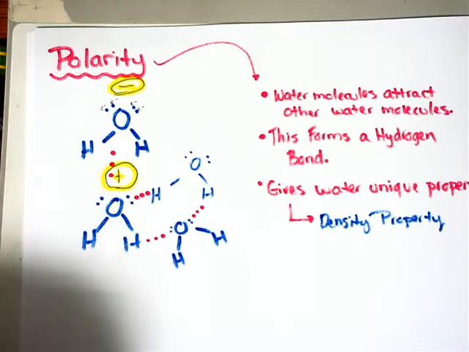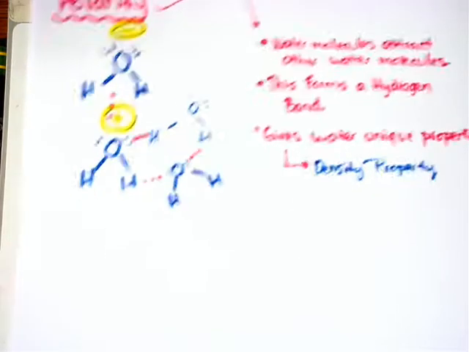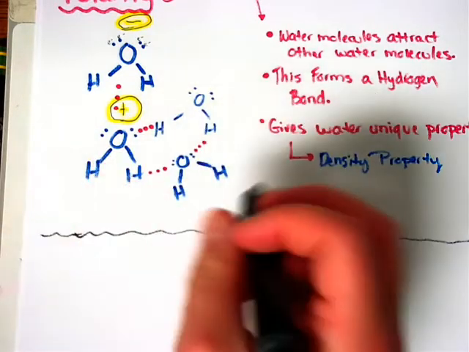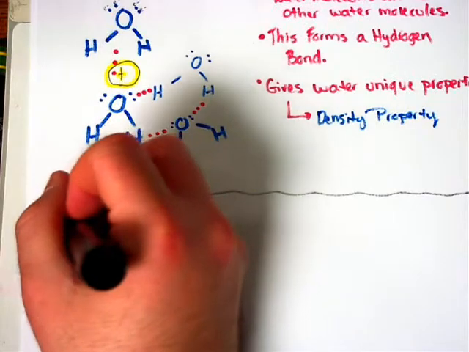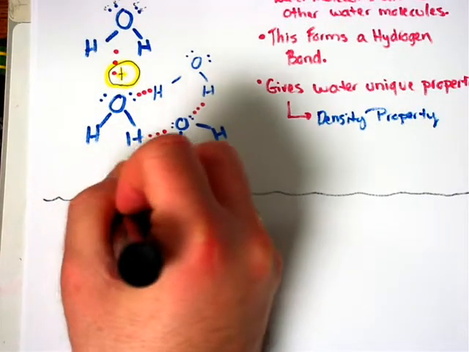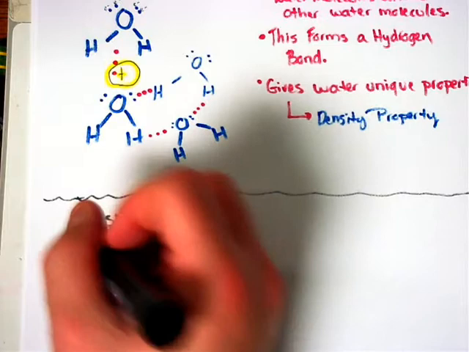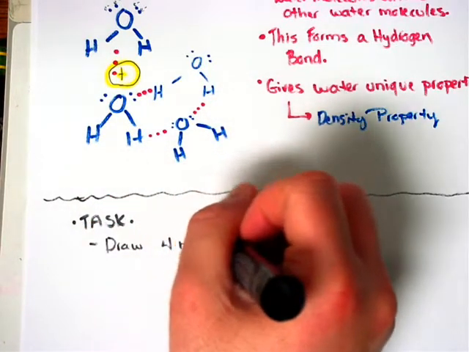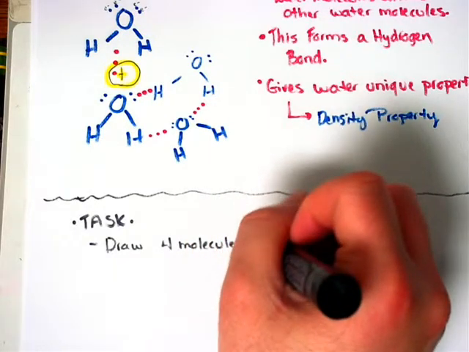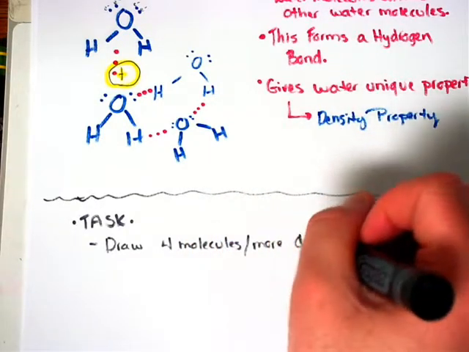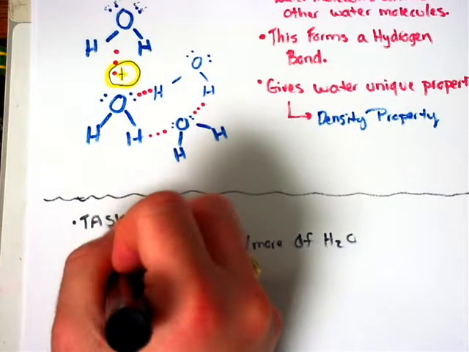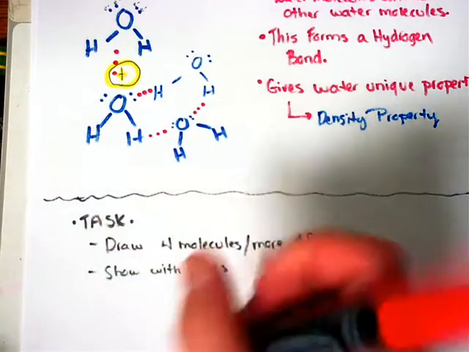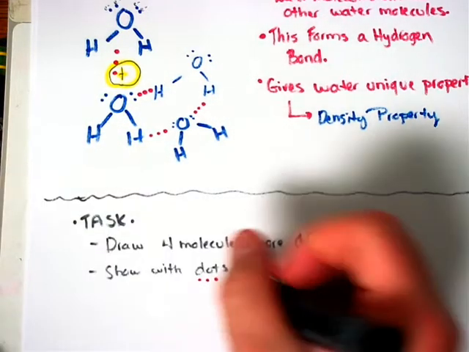So here's what we're going to do. We're going to take another break real quick. I'm going to prompt you with a question, or kind of a question you could say. I want you to draw, so here's your task. A task is something you have to do. So here's your task. I want you to draw four water molecules, or more if you wish, of H2O. And I want you to show with dots, just like I did earlier with my red dots,